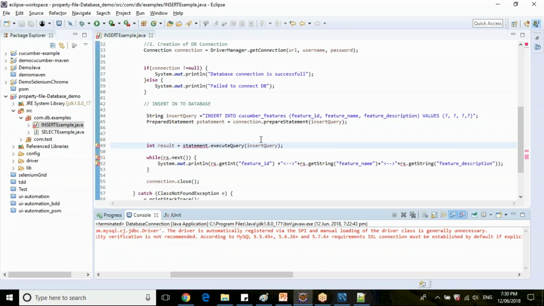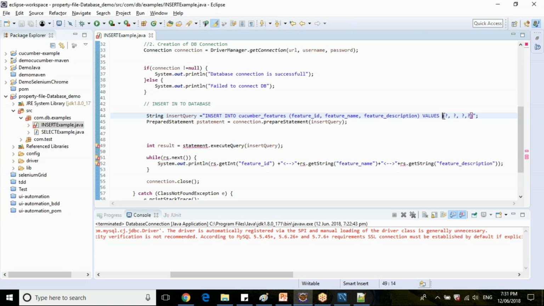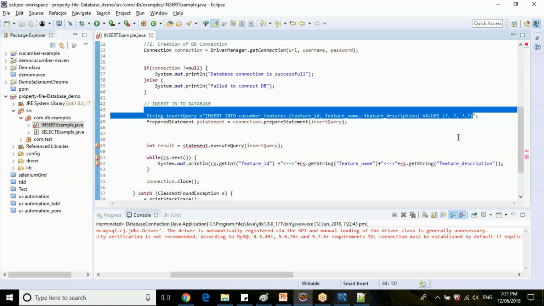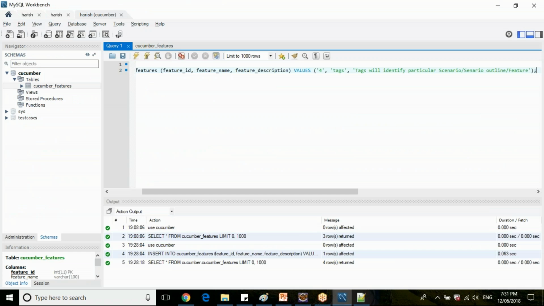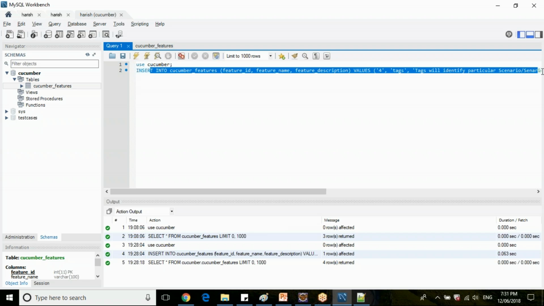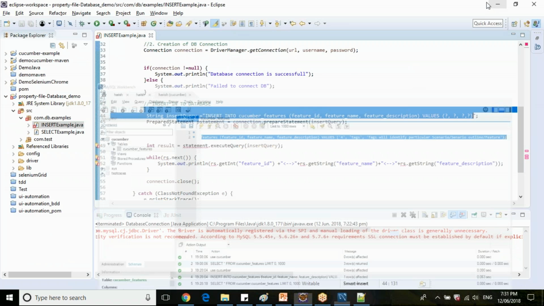Here you have passed your values with question marks. These question marks should be filled before inserting into the database. Whatever you write in Java code doesn't matter for the MySQL server, but your MySQL server should get a query in this manner so that the values will be inserted into the database.